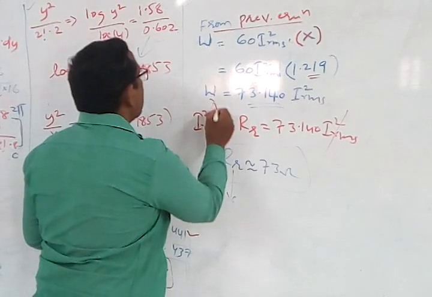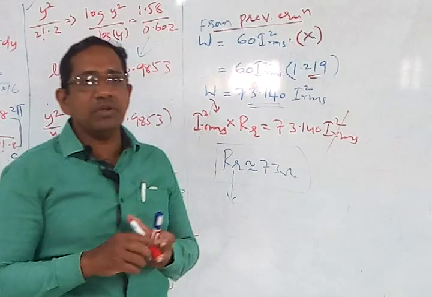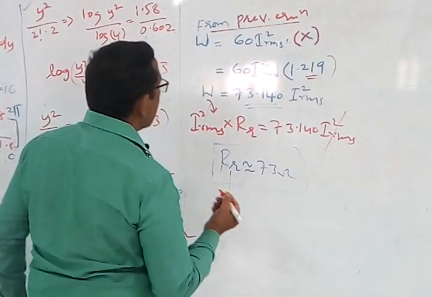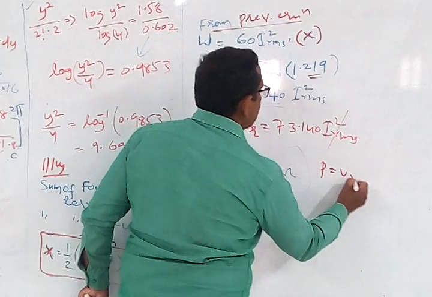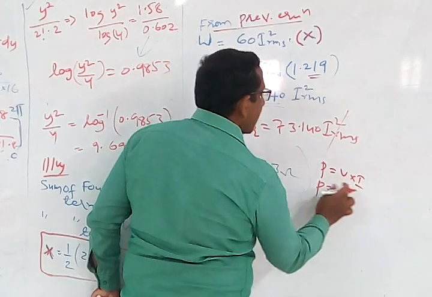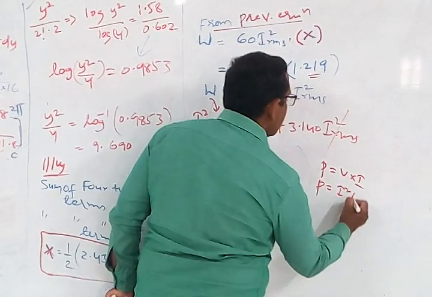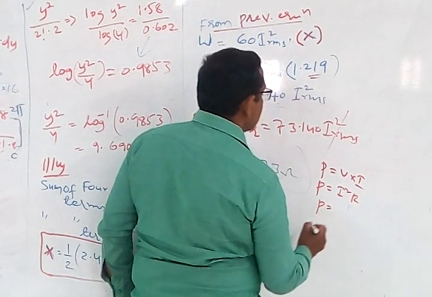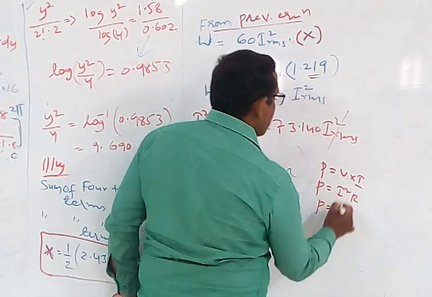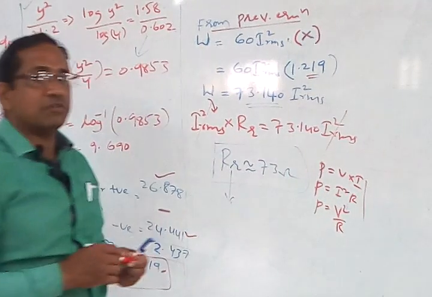Now we already know the power formula: P is equal to I square R. What is power P? P is nothing but V into I. I can write power as V into I. If V is written in terms of I, V is equal to I into R, so therefore P is I square R. If I write I in terms of V, I is equal to V by R, so I can write this as V square by R. So these are all the various power relationships that we have.